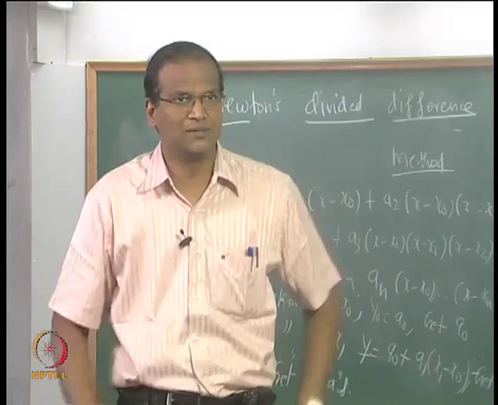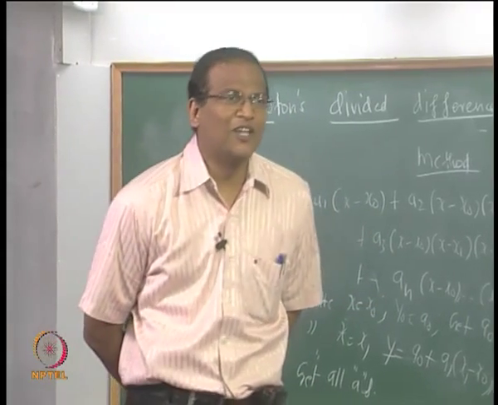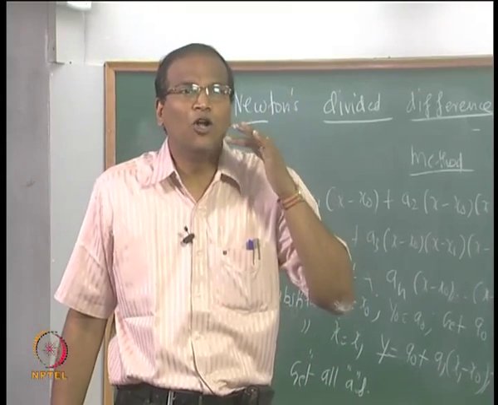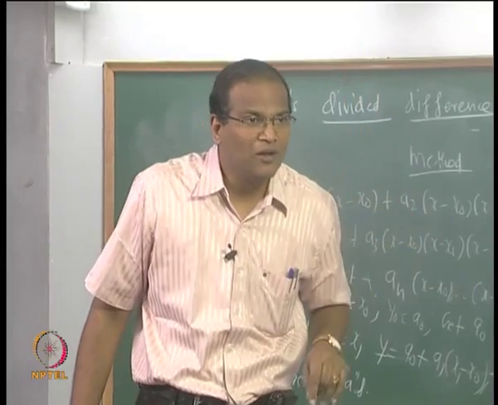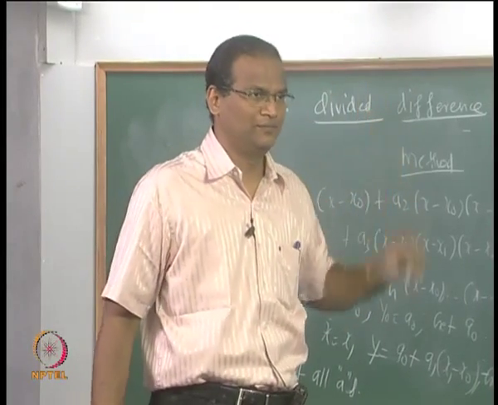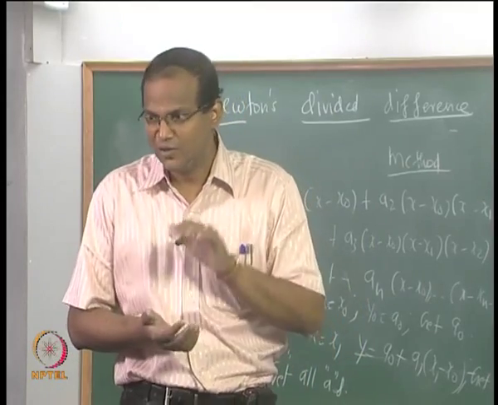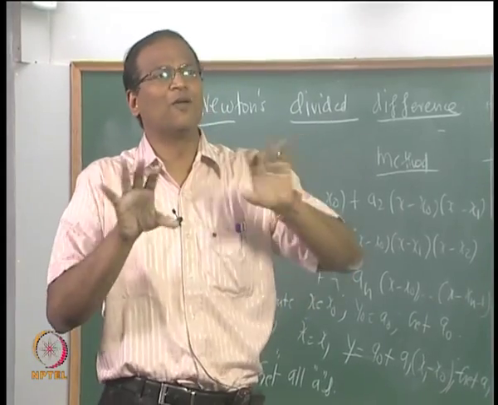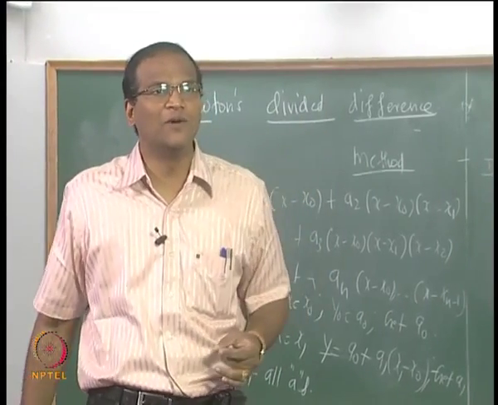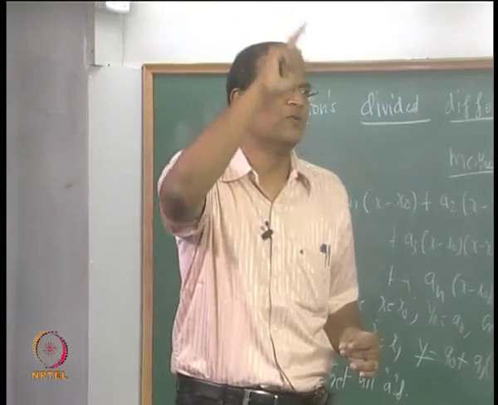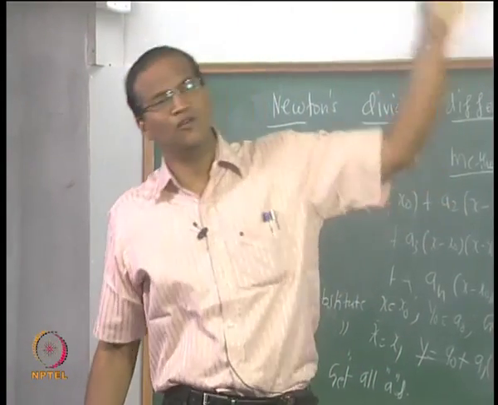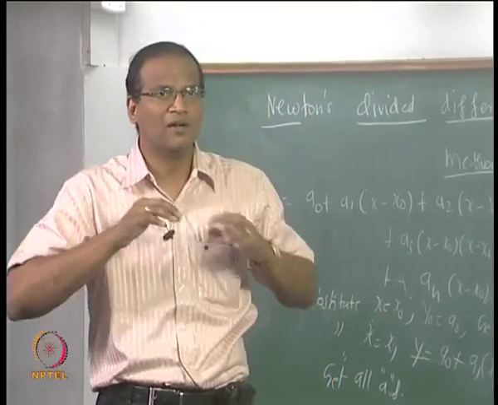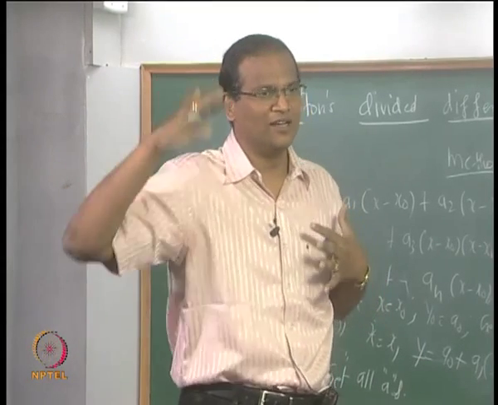What is your criterion of best? That we have to see. Whether you want to minimize the difference in modulus form, or you want to minimize the maximum deviation from any point, or you want to minimize the square of the error or a higher order power of the error. So we will discuss the general philosophy of minimization, and then we will zero in on the least square minimization, and we will mathematically derive the least square equation, and I will demonstrate that it is equivalent to getting the maximum likelihood estimate if you have a Gaussian distribution of errors. And then we will do linear regression, multiple linear regression, and we will escalate and end with nonlinear regression using Newton's method.